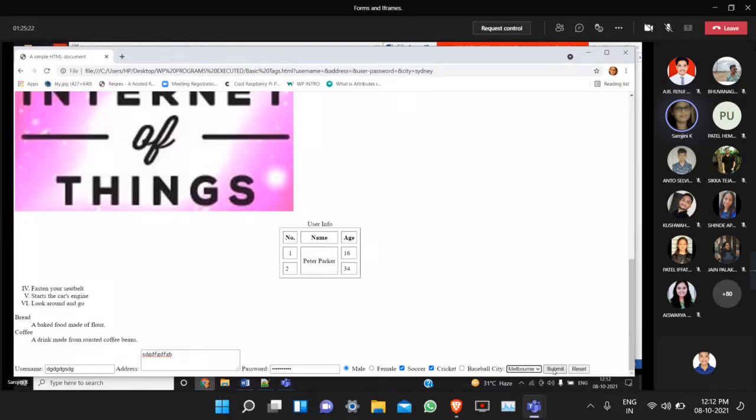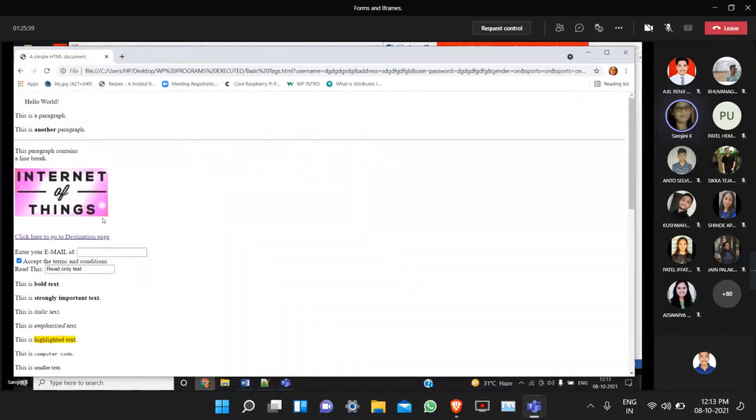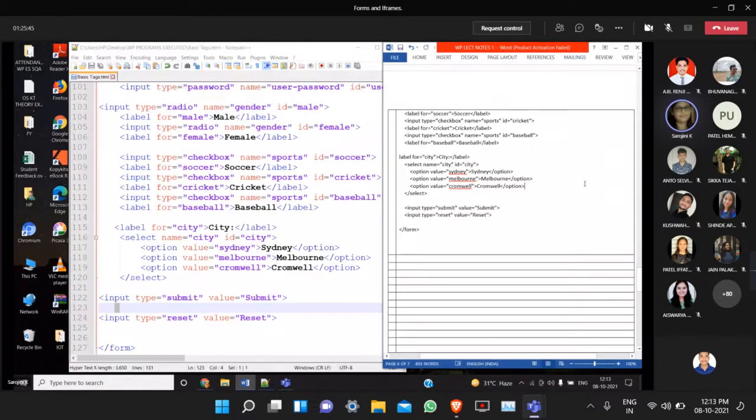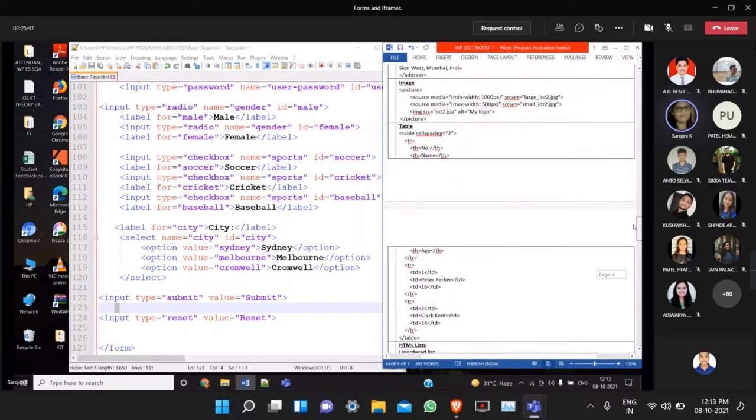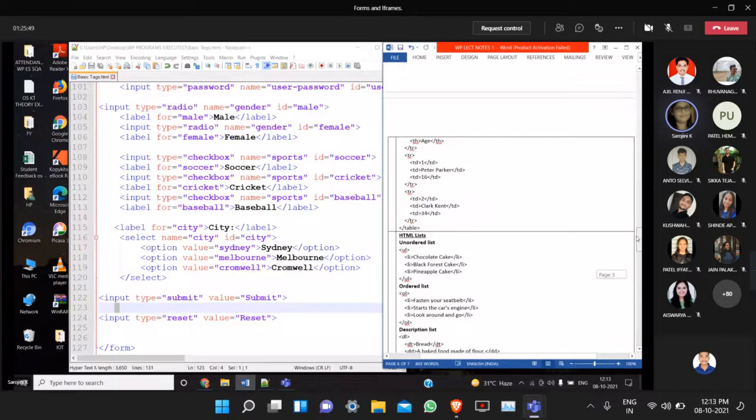Once I click the submit button, usually it will go to some other destination file. But in my form, it is going to the same file. This is my file. If I click submit, again the same page is getting displayed. Why is it so? One reason is I have created only a dummy form, so I did not give the destination page.